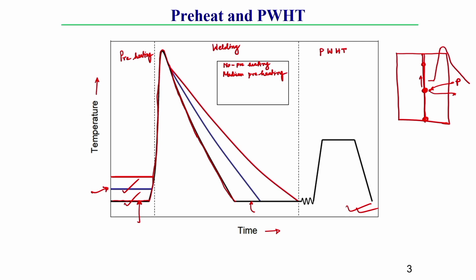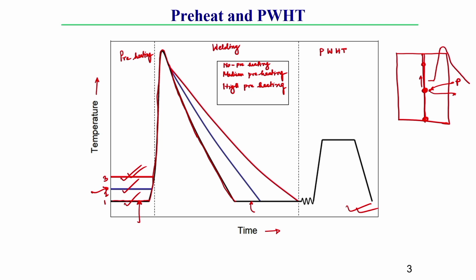And this last, third curve, which I am representing as the third curve, here the initial temperature is quite high. You can consider this as the high preheating curve or high preheating type of process. Now, why am I showing this? Because during a welding process, I am showing what thermal cycles the points, or the entire plate, are subjected to.